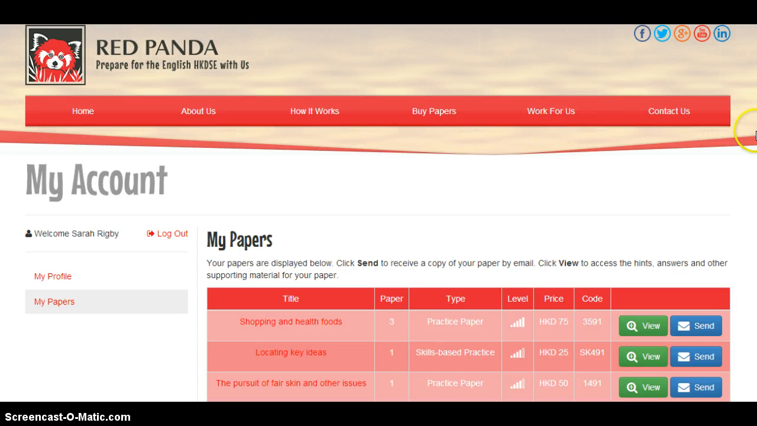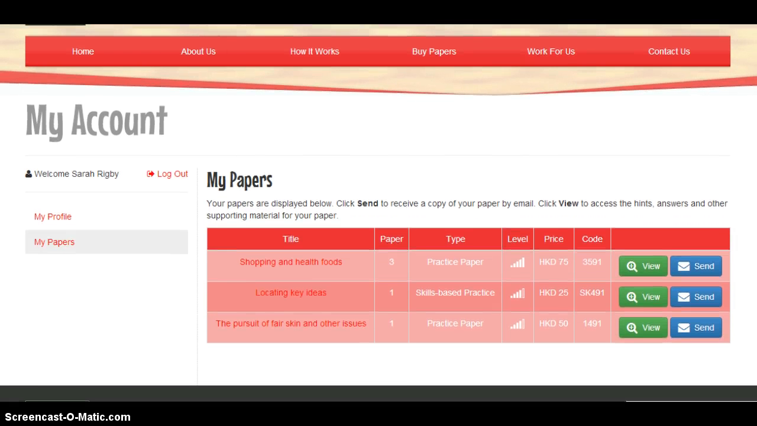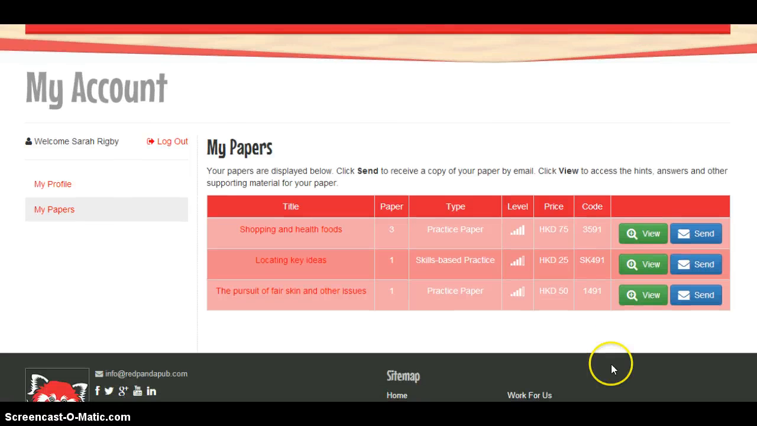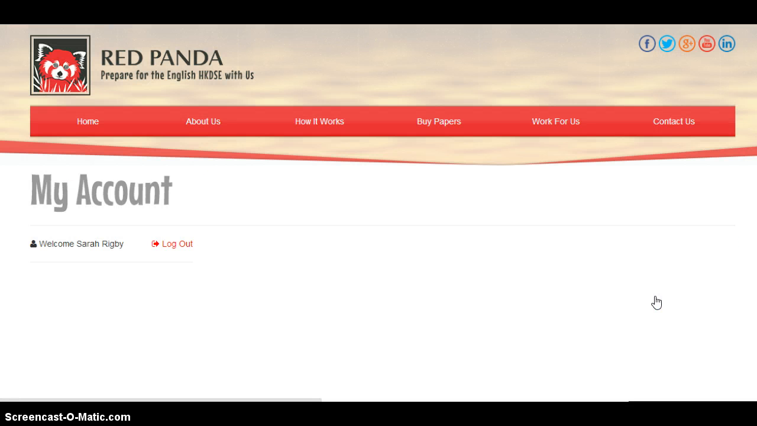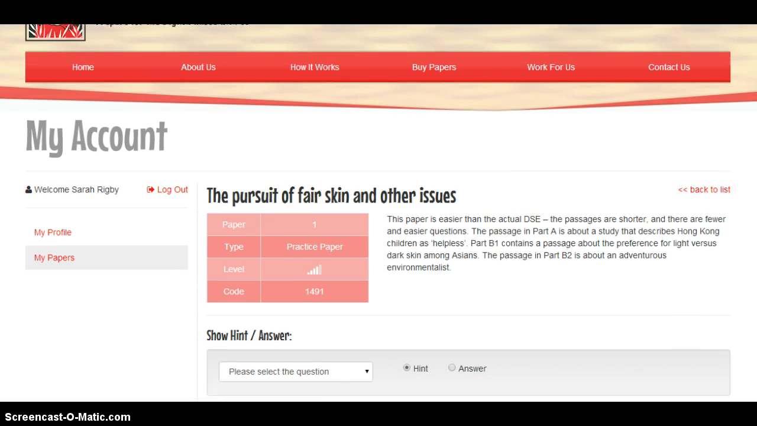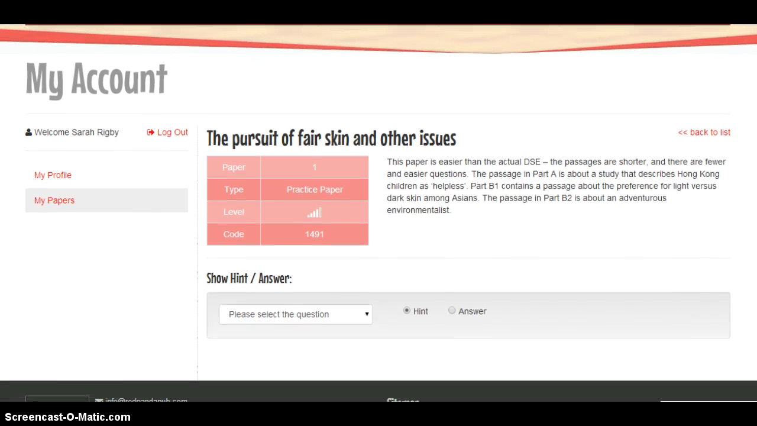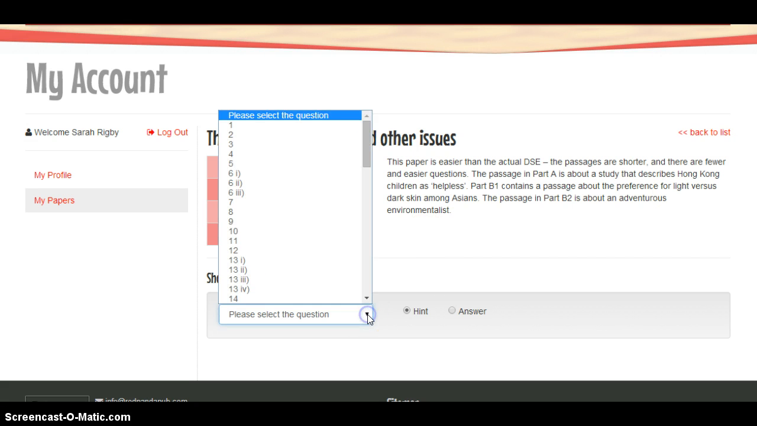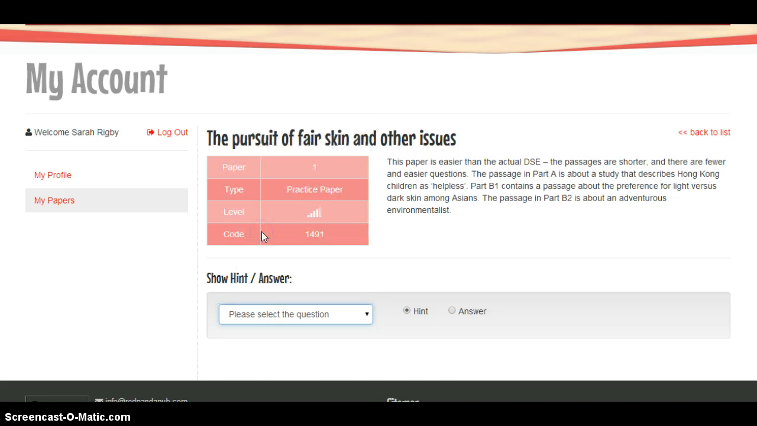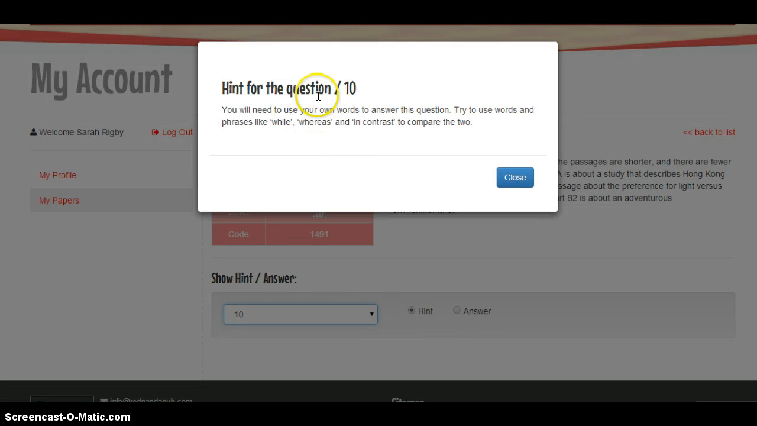Now, as you sit down and start doing the exam, you may find that you need some help. So, for example, you can come back to the website, go back to My Papers, choose the paper that you bought, and then click View. Now, View will take you to the part of the website that allows you to access the hints and answers. So, say for example, you're doing this paper and you were looking at question 10, you needed a bit of help, you'd put in 10, and then you can have access